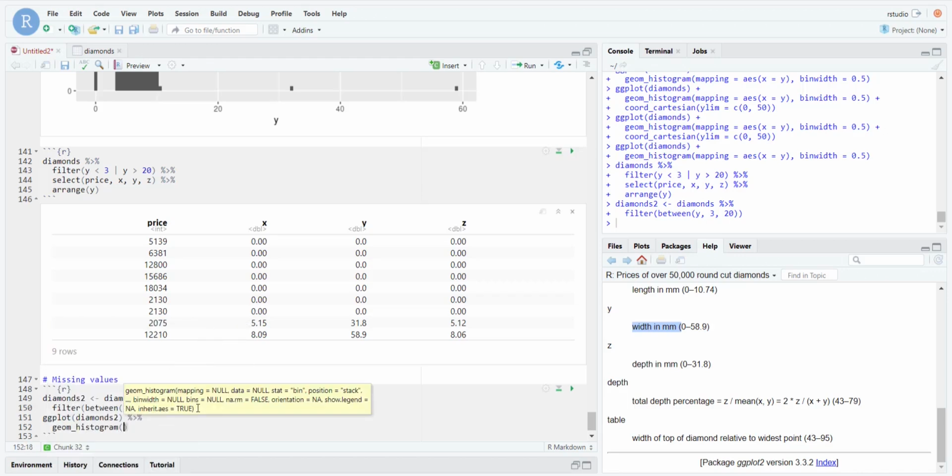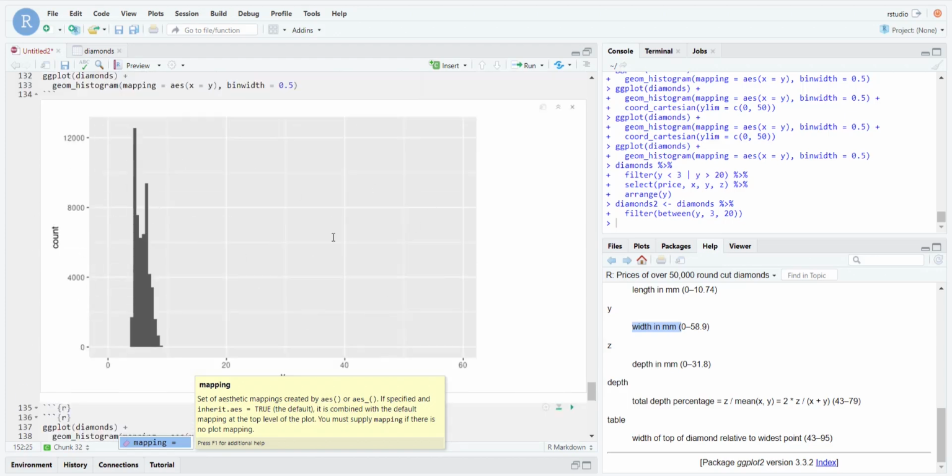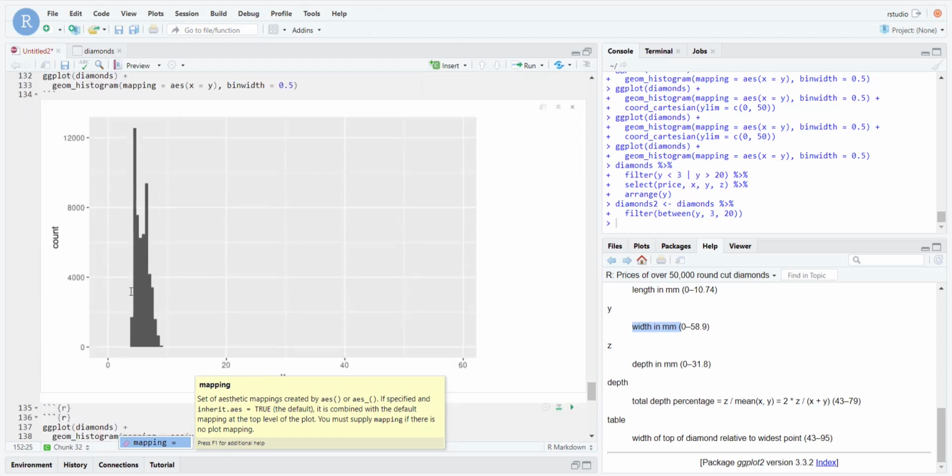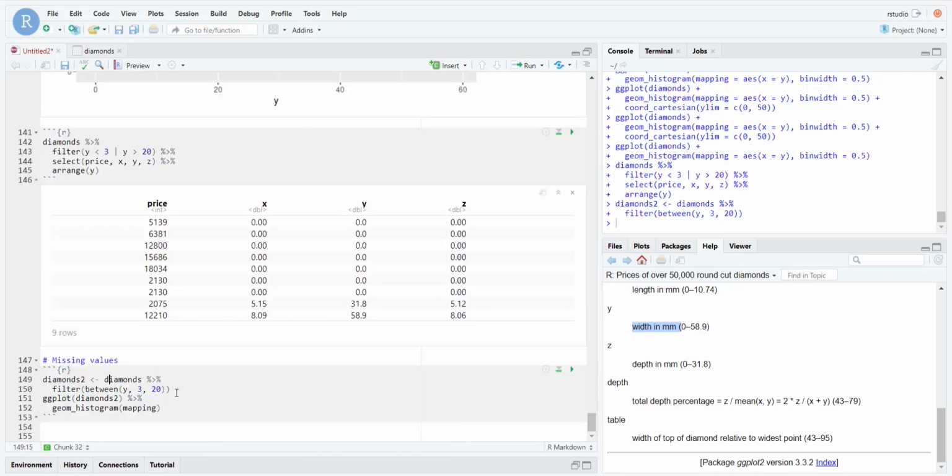And then we can go ahead and plot diamonds2 and get an idea of the distribution, because keep in mind, this distribution was thrown off, right? And this is a very good example of why it's very important to deal with unusual values or outliers, because look, when you look at this, you see that there's a skew towards lower values. But if those two values were removed, that would not be the case, right? It would be spread out across here and it would have a completely different distribution. Maybe it's actually skewed towards the left. We don't know. So now we can filter out the outliers, and then we can replot the histogram,